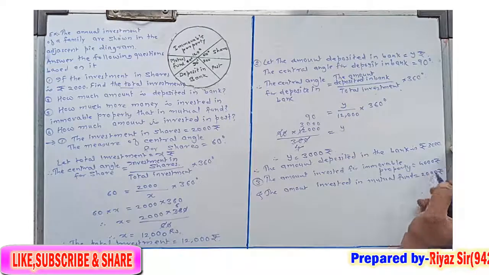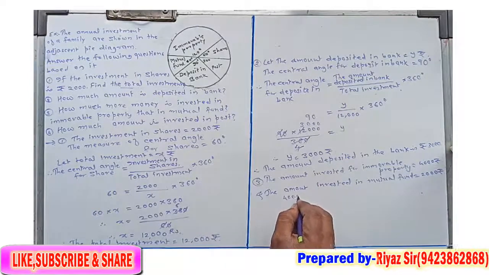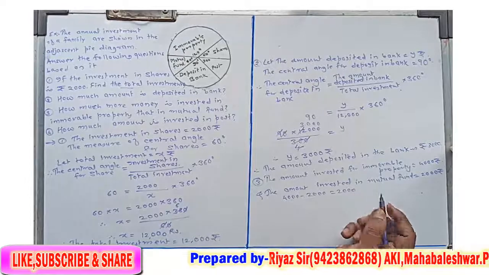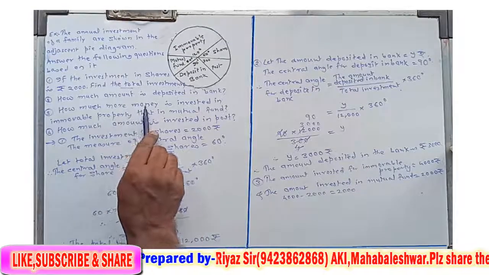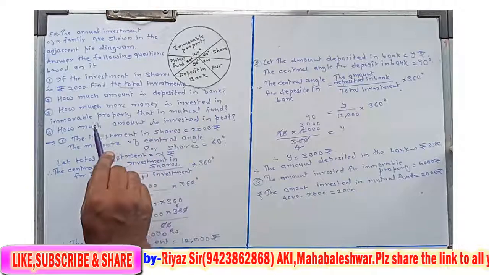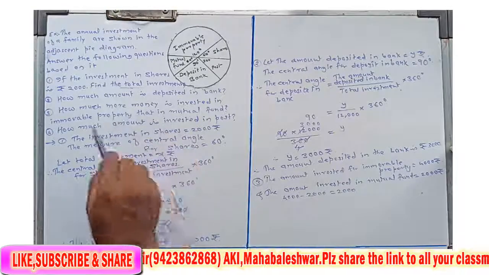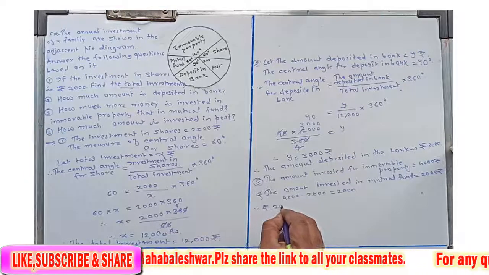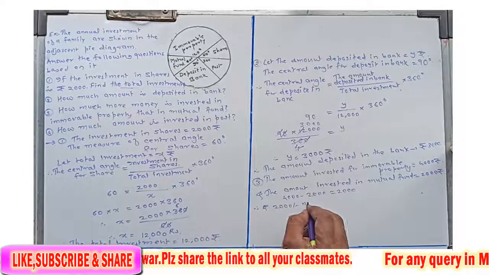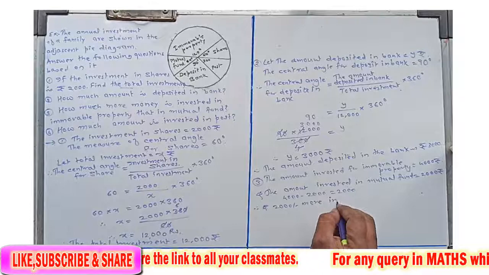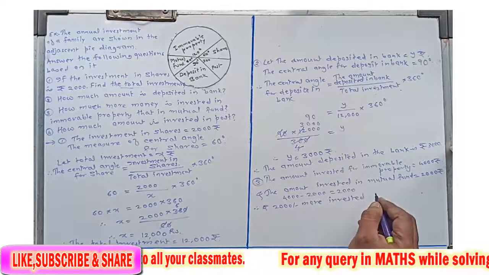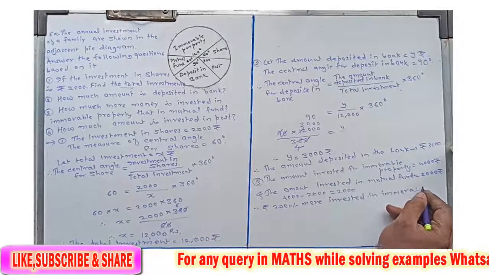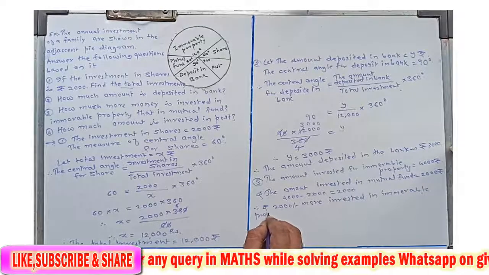Movable property. So take the difference of this, 4000 minus 2000, that is equal to 2000, right? So 2000 rupees more is invested in immovable property than